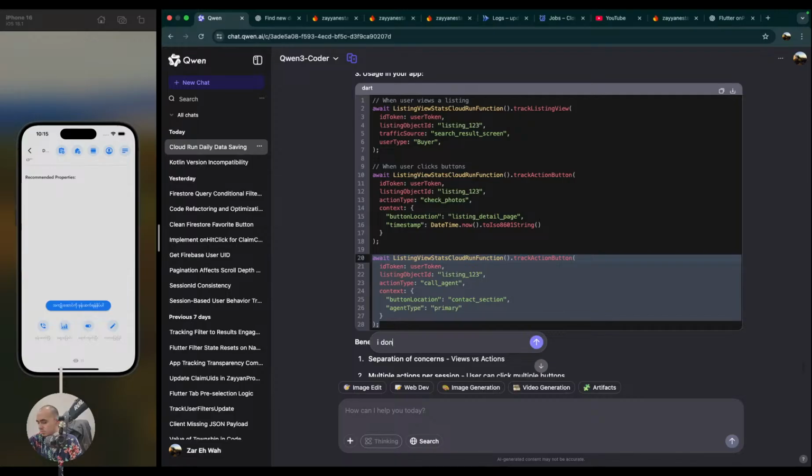I don't want to create a new document to track action, but I just want to update the action button tab count to the existing document, and I just want to update relevant